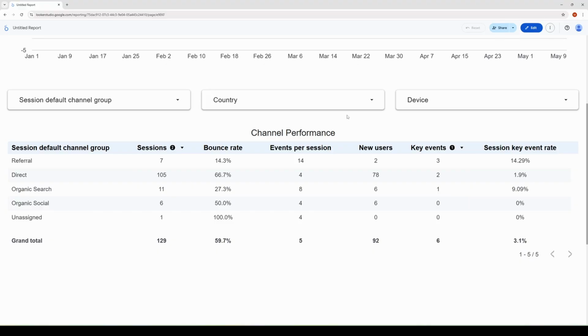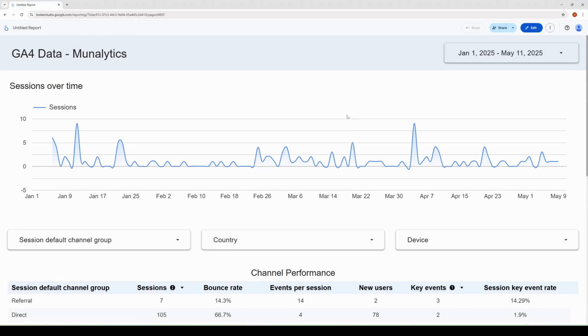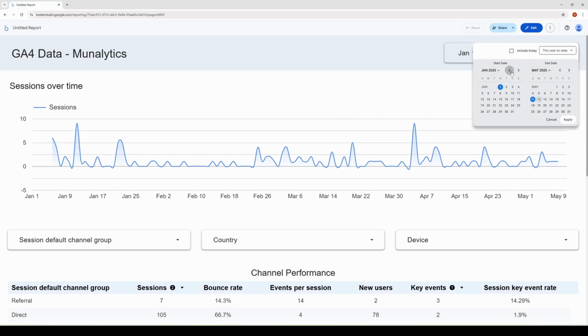When providing information to my client, they can say, okay, this is this month or this is this year. That's great. Let's take a look at last year, for instance. And they can just go in and play around and get the information themselves if they need to without messing